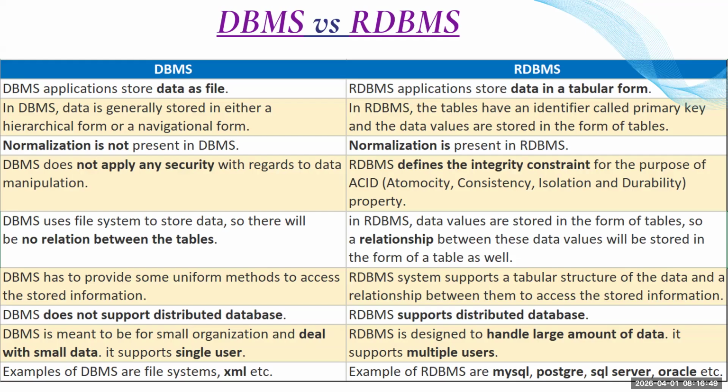So there are different join conditions, there are different subqueries. Using the join conditions and the subqueries, you can retrieve the data and I can see the data across the different tables. So DBMS does not support the distributed database, but RDBMS will support the distributed database. Meaning across two different databases, we can access the data. Okay, while creating linked servers, you can create the linked servers and you can get the data from one database to another database, and another database to another database.